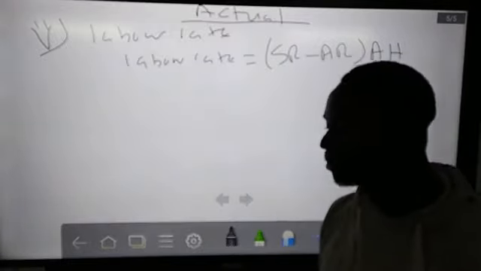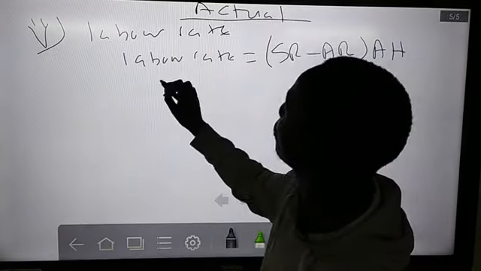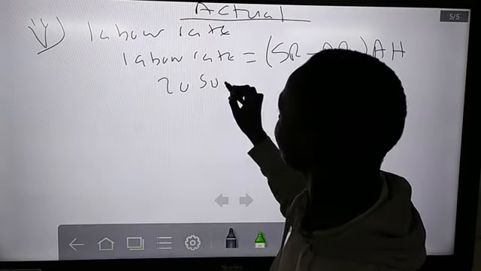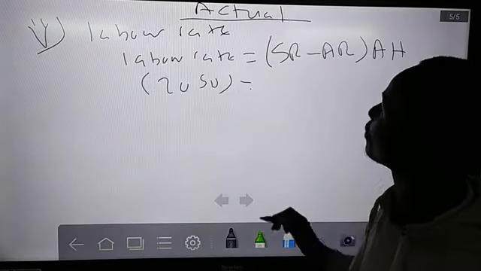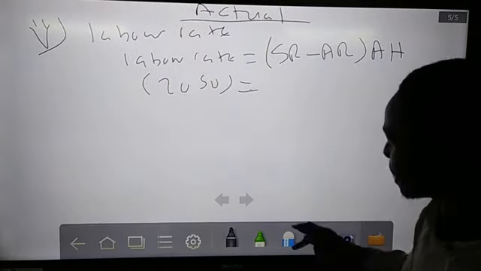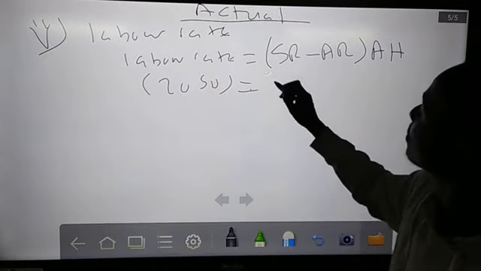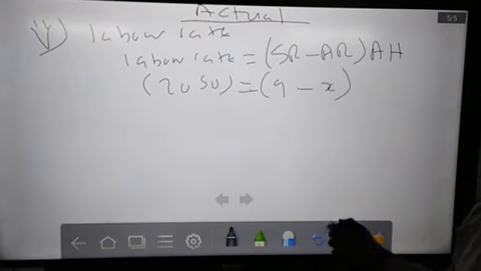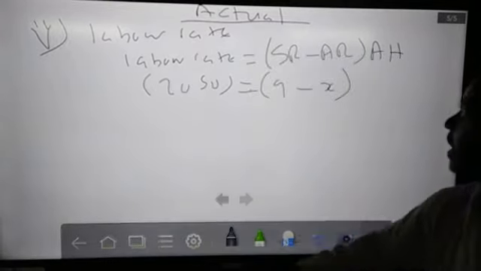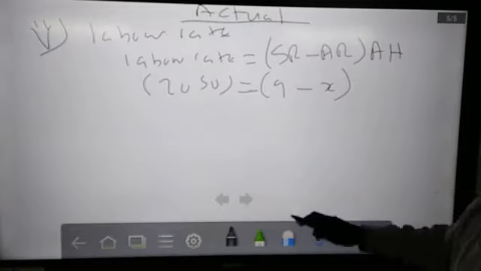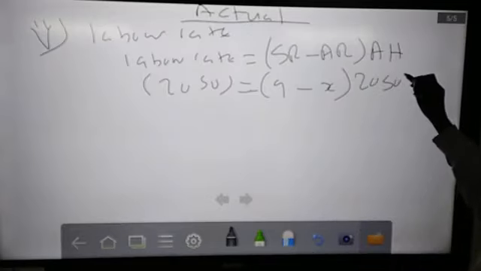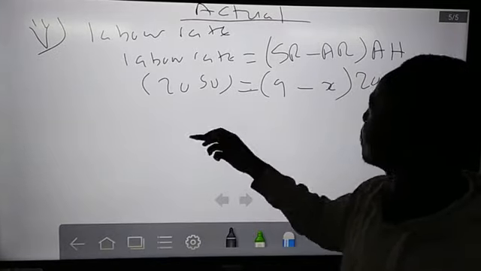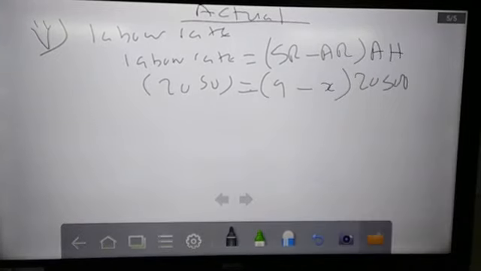When it was calculated, we had 2050, which is adverse. You can check from the question. Then our standard rate, we have used it, it's 9 minus X. The actual hours, we have calculated them in the previous question. Check here, 20.5, so we put 20,500. So if we quickly substitute here,